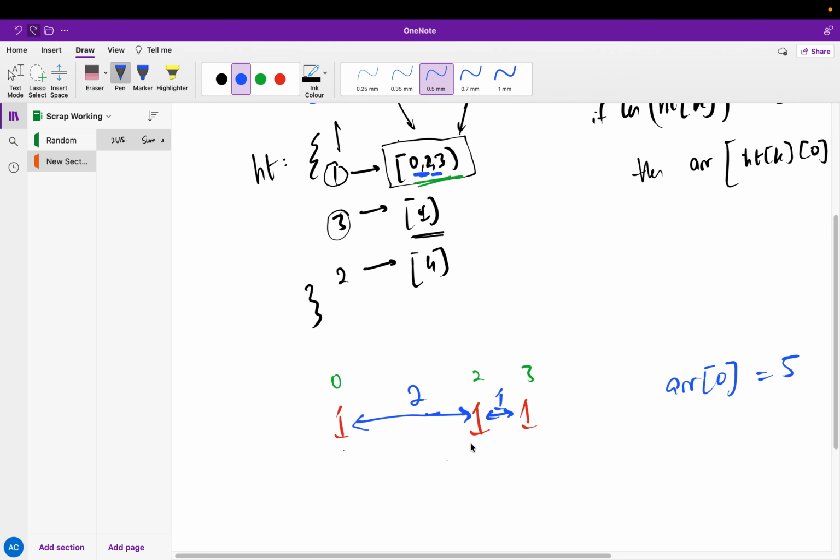Okay, to get from index 0 to index 3, you could say we have to do this and this. This distance plus this distance. So maybe,